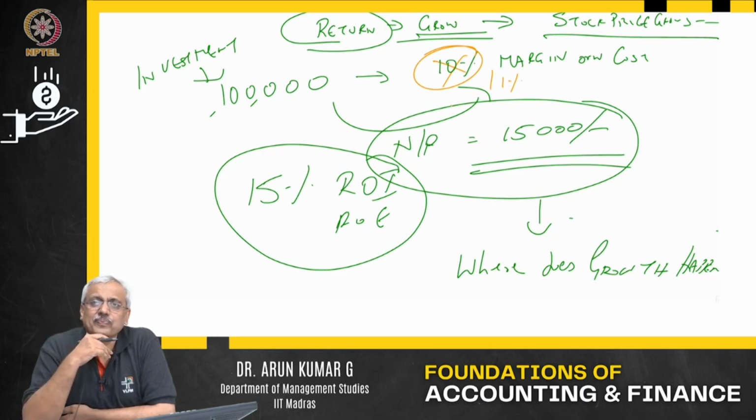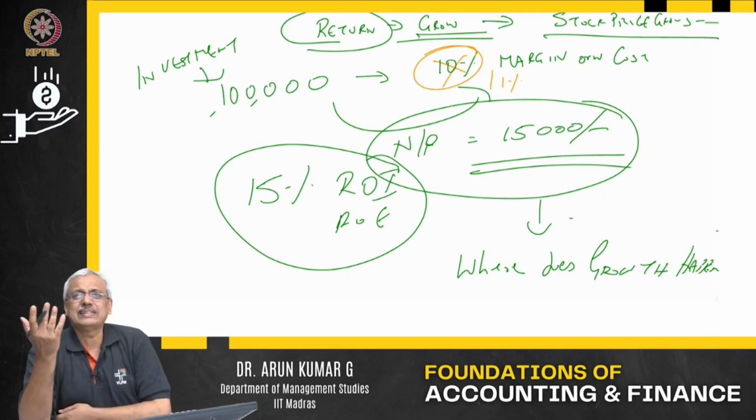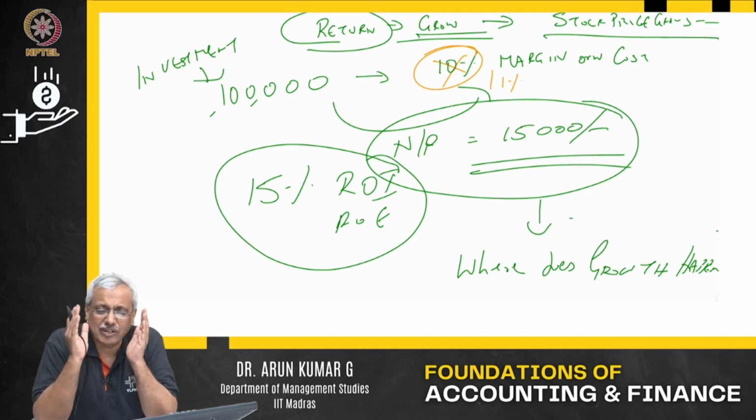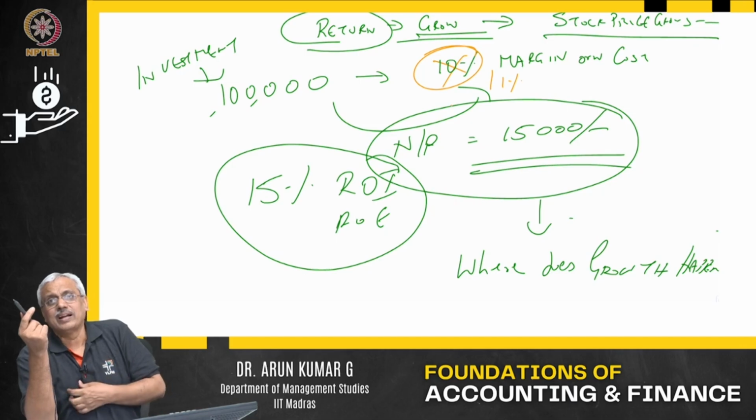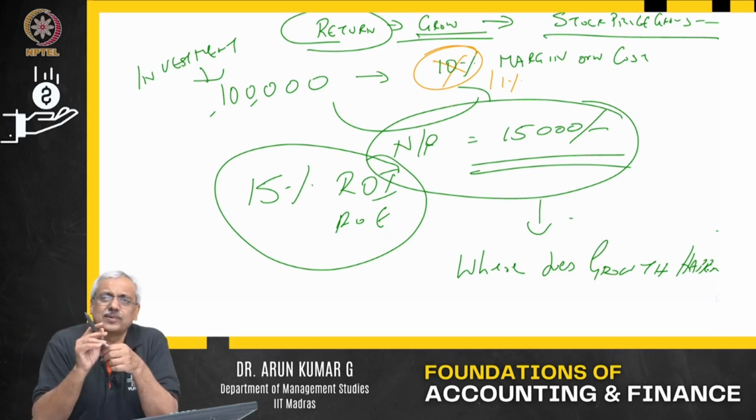Sir, increase the volume. Agreed, volume will increase, but it's a competitive market. Market is almost saturated. When I say saturated, I mean saturated by your capacity. Please note, let me make that very clear. Market is huge, but I can make only about say 10 lakh pieces and sell it. I'm operating at full capacity. I cannot sell more. Though the market demand potential can be more, I cannot sell more because my capacity is reached.